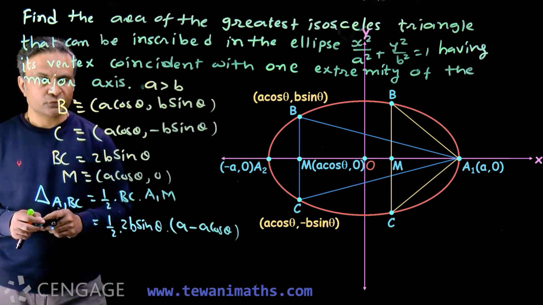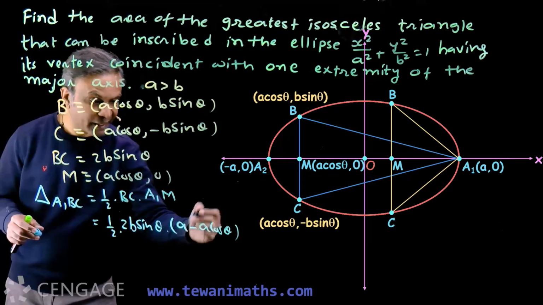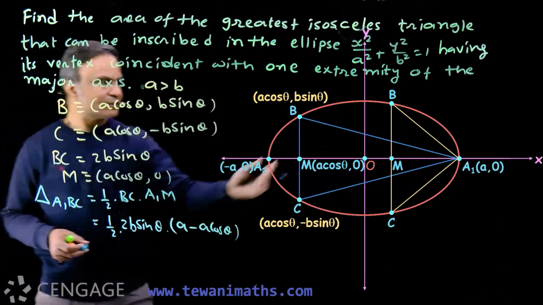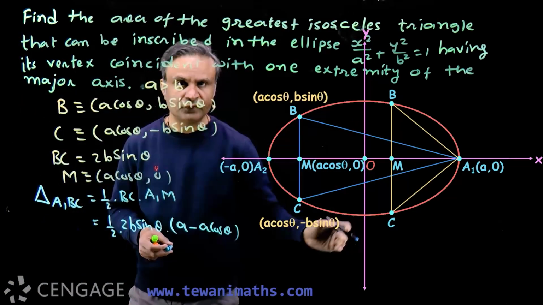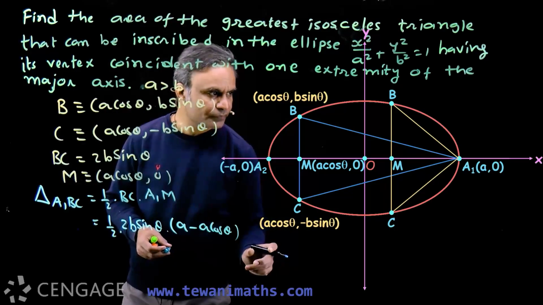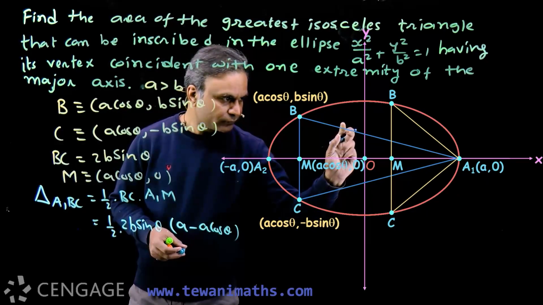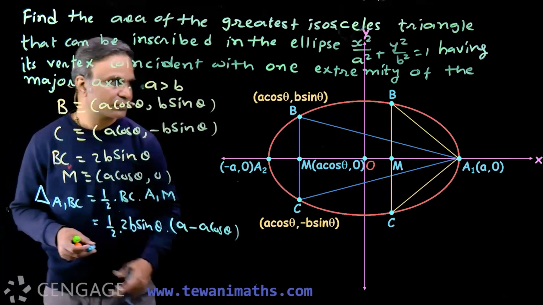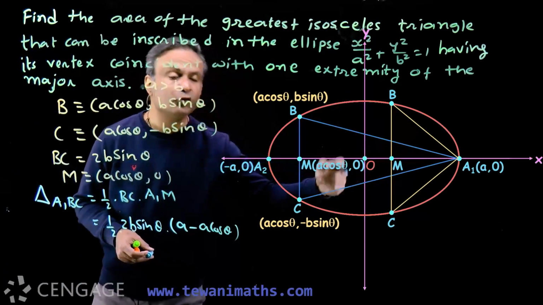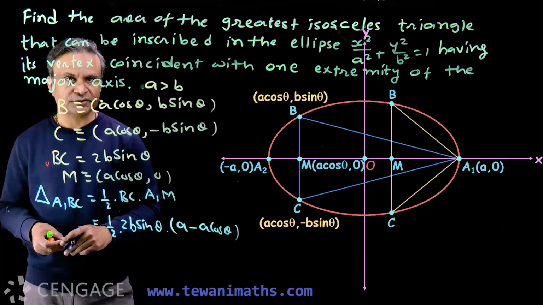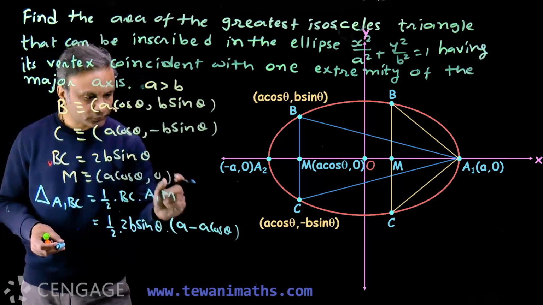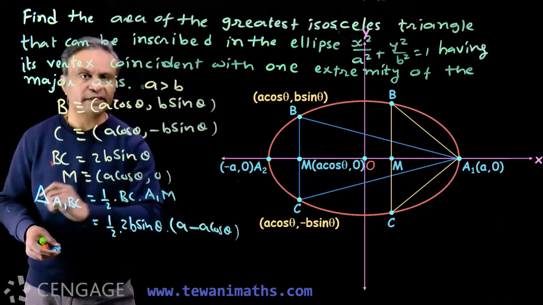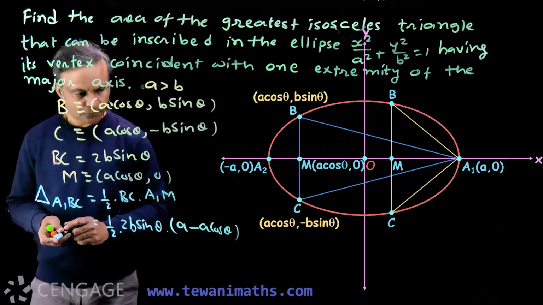So length A1M will be A minus A cos theta because A cos theta is negative. If we consider this triangle in which base is to the right of y-axis, in that case also length A1M will be A minus A cos theta because here the value of A cos theta will be positive. ठीक है ना? तो ये ध्यान रखना है यहाँ पे कि यहाँ कौन सा साइन यूज करना है, ठीक है।